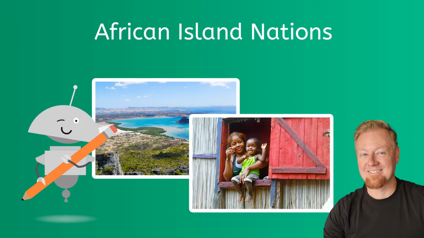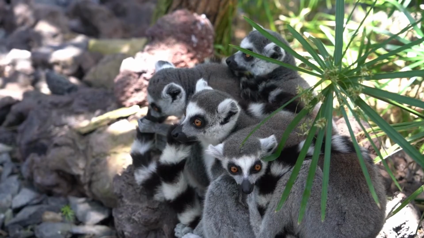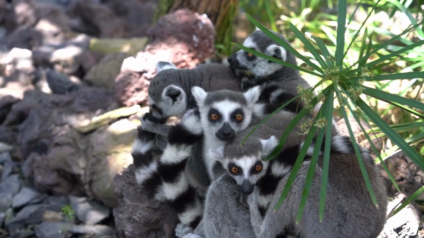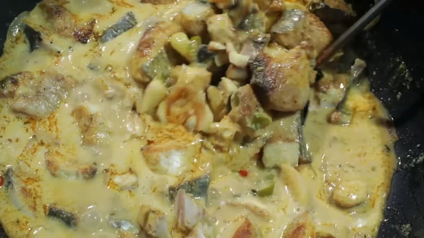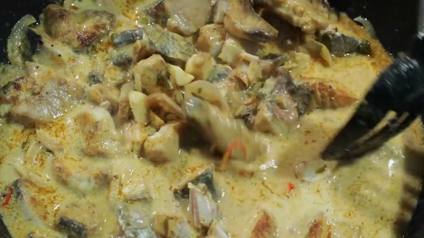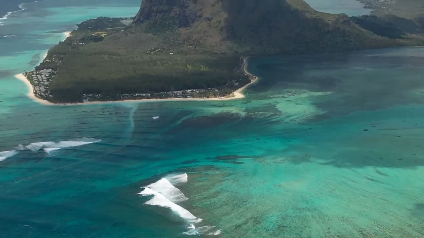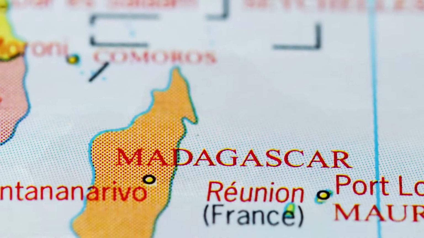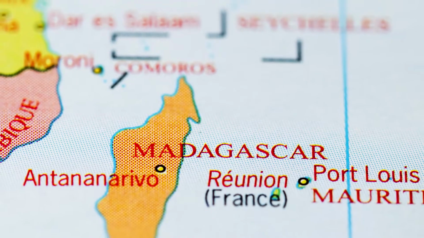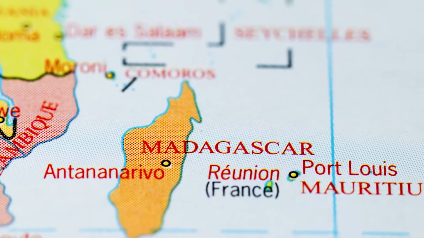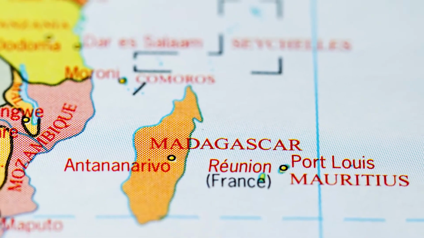Let's begin today's lesson with a few visual clues and see if you can guess where we're headed. Chances are we'll see some of these and one of these. We might try a little of this and you'll see a lot of this. What do you think? Any guesses? Well, we're actually making several stops today, all on the island nations of Africa.